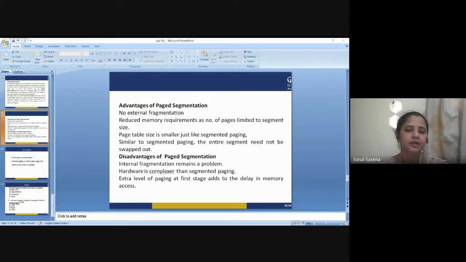So, to tackle this problem, the concept of paging was introduced, where we divide the process into small pages, and these pages are allocated memory non-contiguously in the RAM. So this is what we have seen in these lectures. I hope the lectures were clear to all of you about what is paging, what is segmentation, what is demand paging.